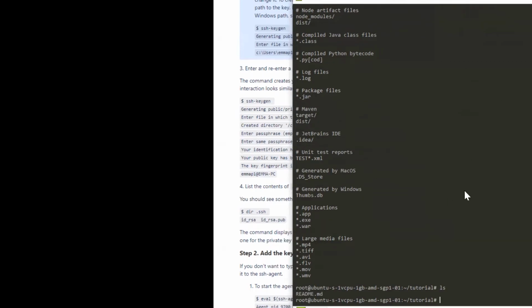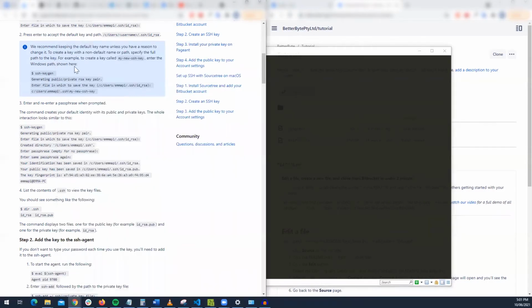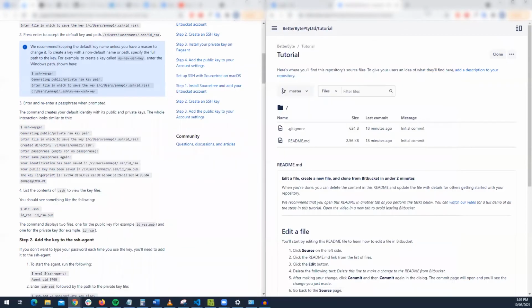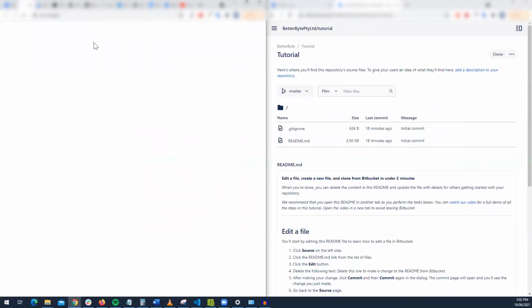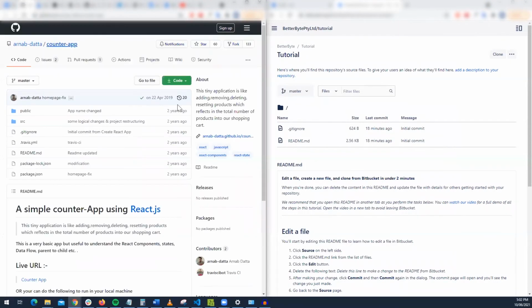Okay, so it's all set up. So now what we can do is set up the projects. Our repository is located on Bitbucket, but this project that we're going to work with is